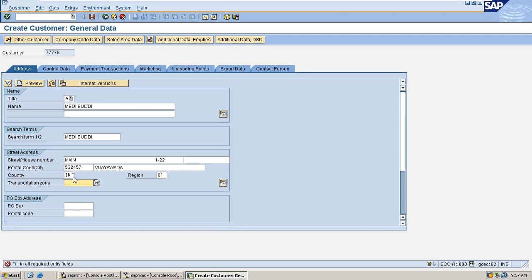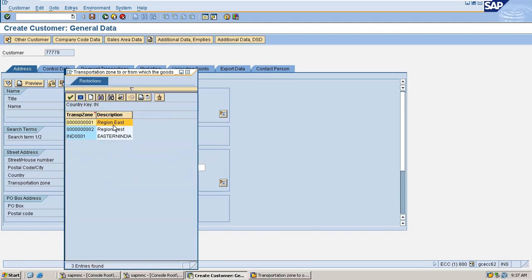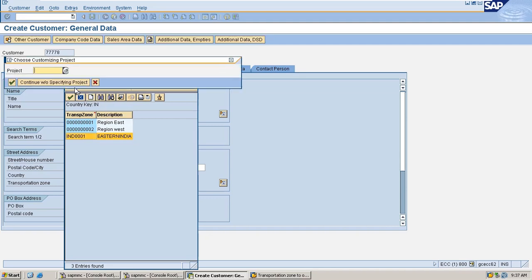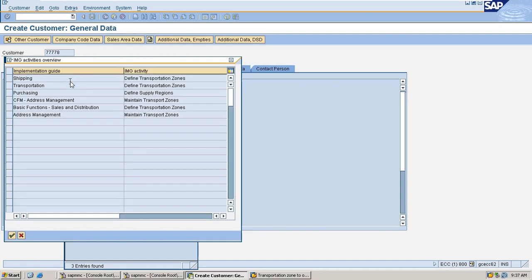So here we can create or define new transportation zones. Already we have two default transportation zones, and this is what we have created. We can click on this one, create new values, and click on continue without specifying the project.